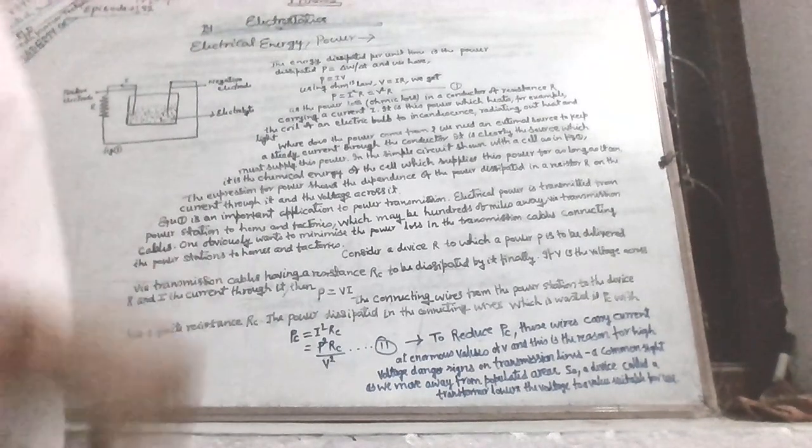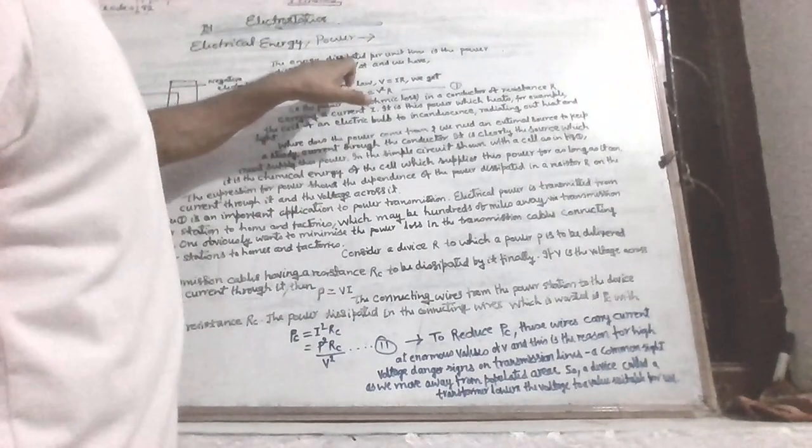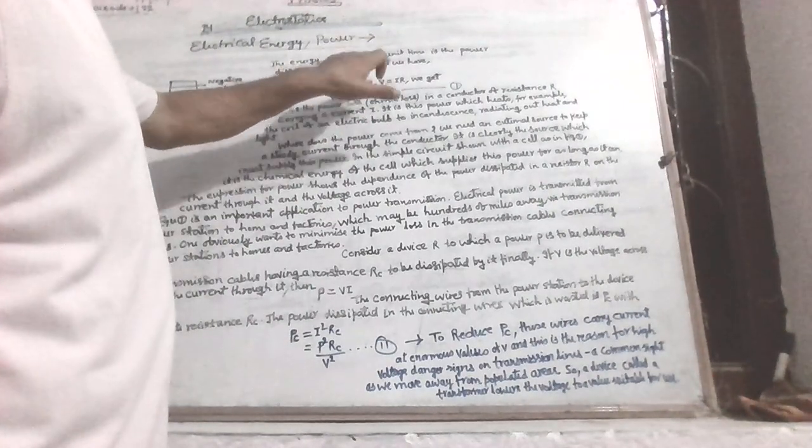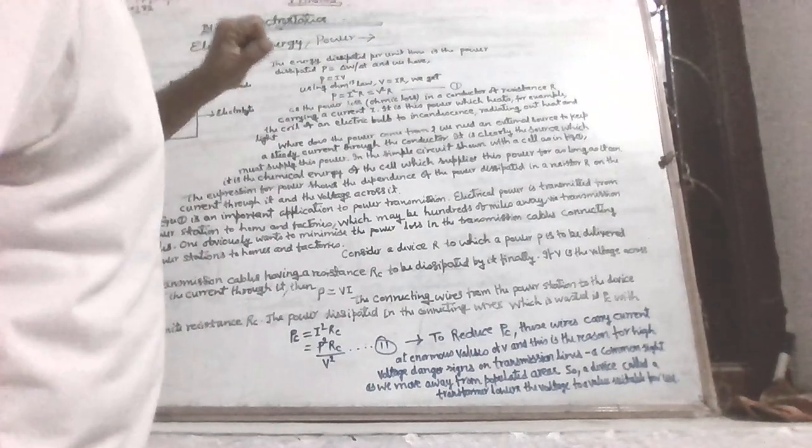We shall study today electrical energy and power. The energy dissipated per unit time is the power dissipated, P = ΔW/ΔT, and we have P = IV. Using Ohm's law, V = IR, we get P = I²R